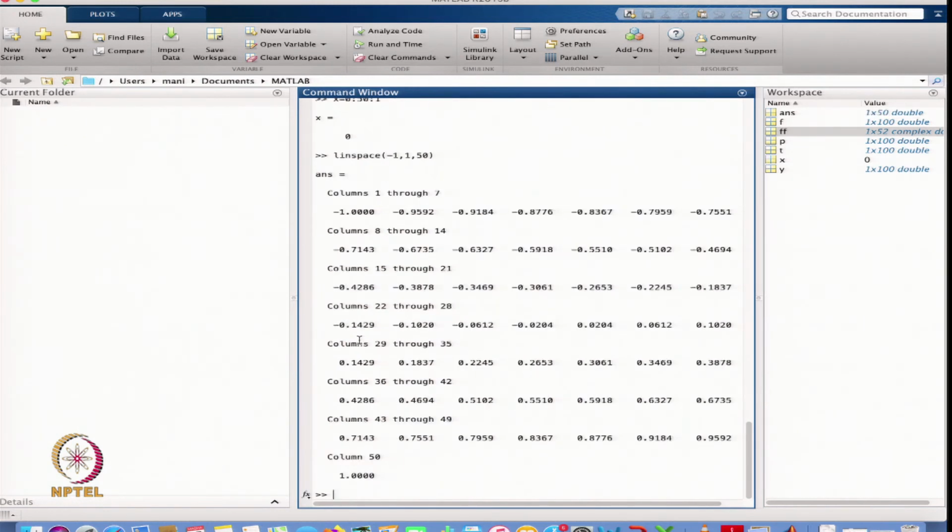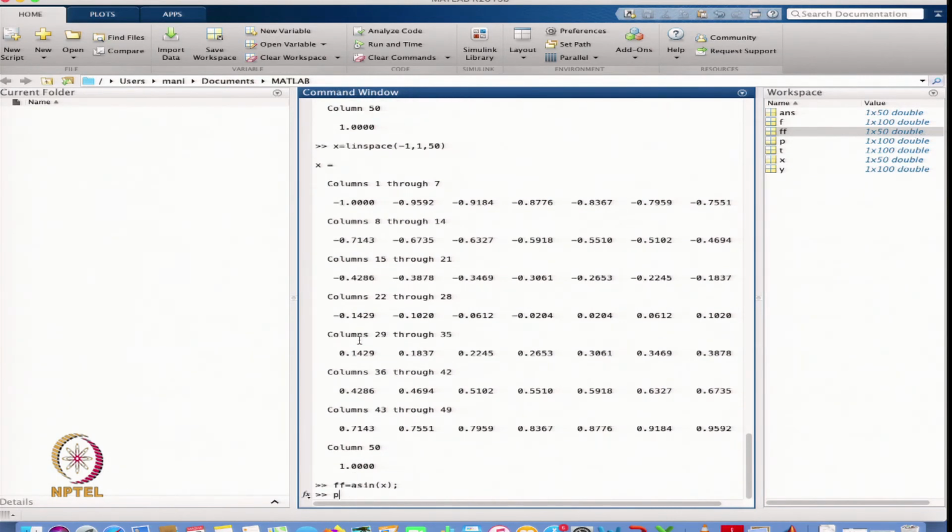So, that is the value we are getting. So, I now define x is equal to this. Now, I can define my function double f is equal to asin x.